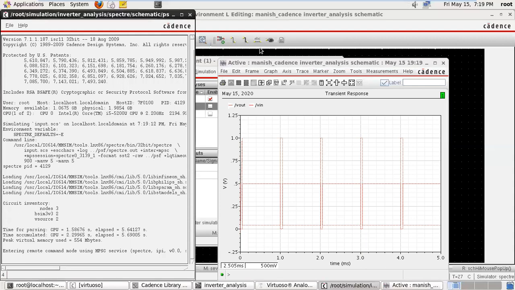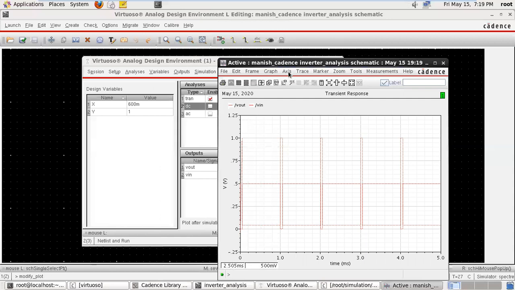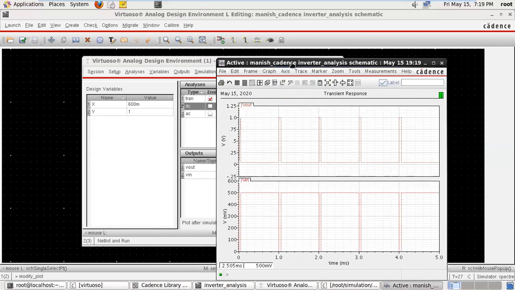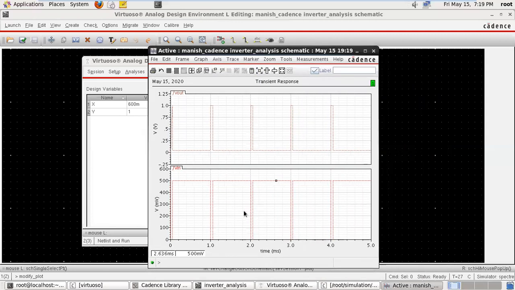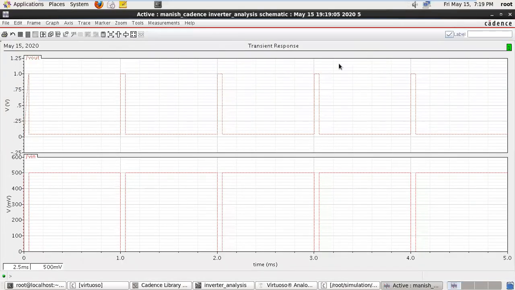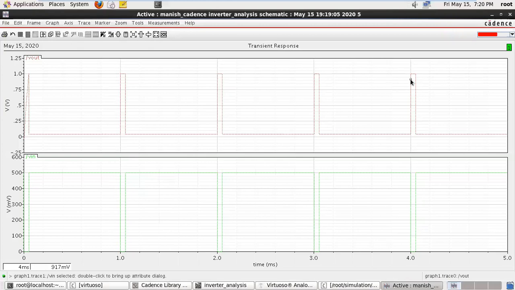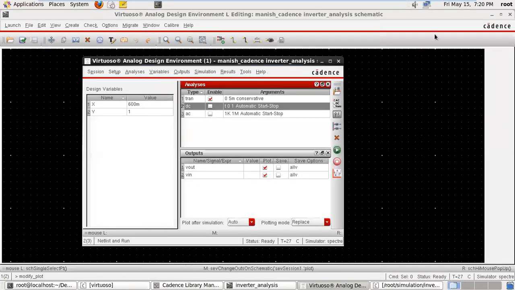So see, there is some problem in the input voltage because it is not up to the mark of 500 millivolts. So there is some problem in time. So just cross it.